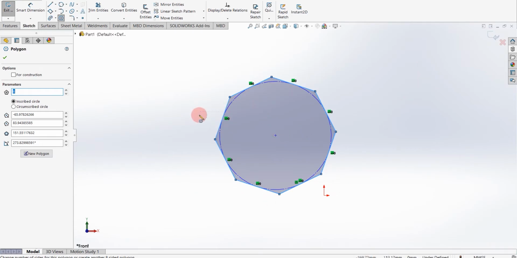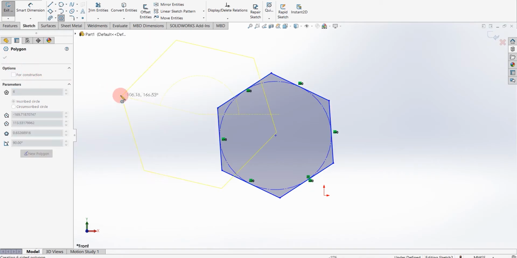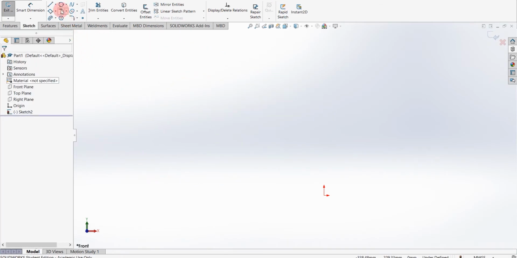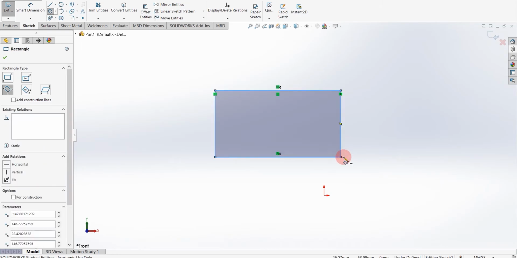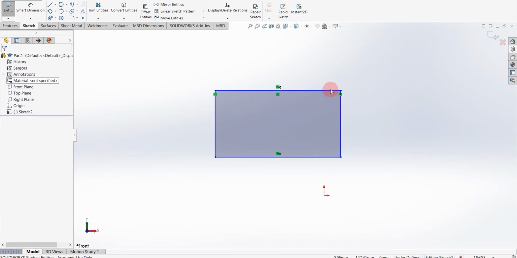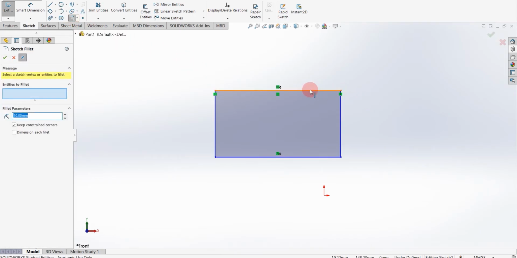So next option is fillet. Fillet is basically smoothing the corner points. For example, I am constructing this rectangle, and I want this point smooth, or say I don't want the pointed end. So I'm selecting fillet, and then I have to select two lines on which I want fillet. So first I select this line and this line.